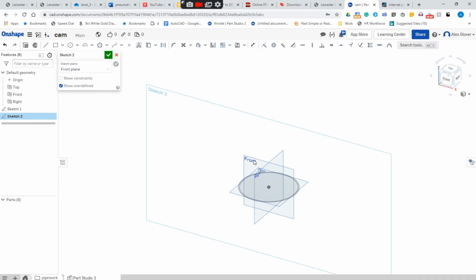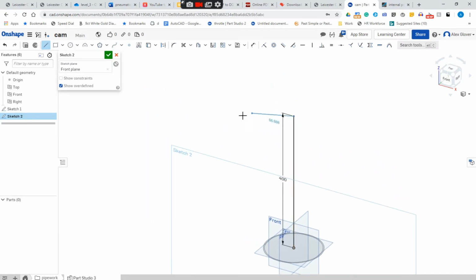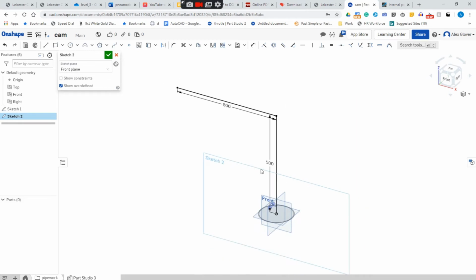I'll sketch on the front plane. So it's going directly up 400mm, and then going over to the left again another 400. You may choose actually to go more. In fact, let's do that, because I think it will be advantageous to go a bit more. So we'll go 500 by 500. Great thing about parametric modeling, we can change things without having to alter lots of different stuff,